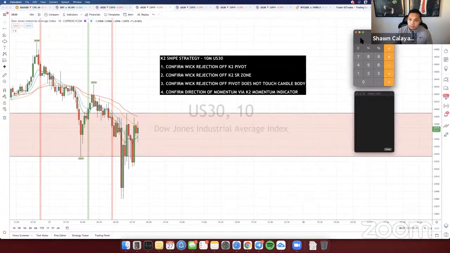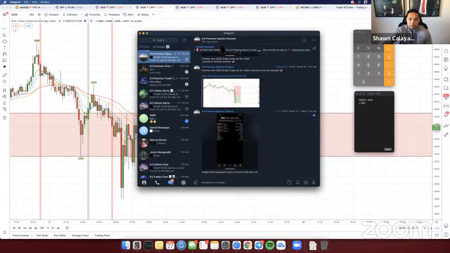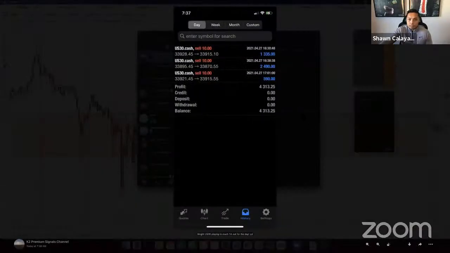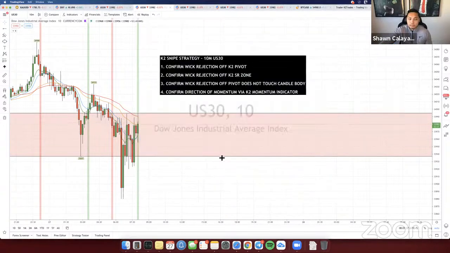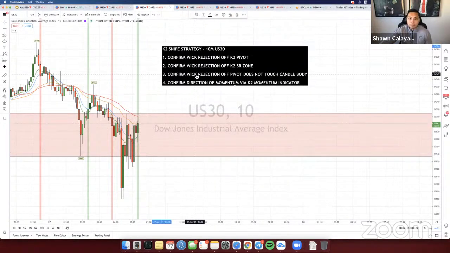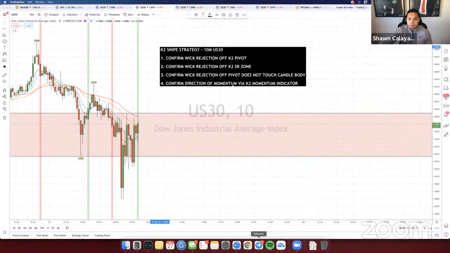So like I was saying earlier, if you have 10,000 and you're going for 3% per trade, and you win 2 trades per day, like today, if you took these 3 trades here, 3 wins, you would have locked in around 500 to 900. It depends on what you're trading too. If you're trading US30, obviously you'll make a lot more profit quicker. If you're trading Forex, it's going to be different.